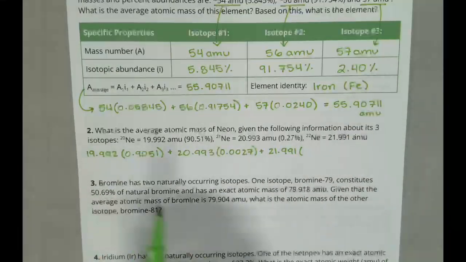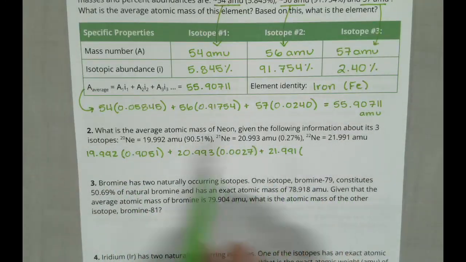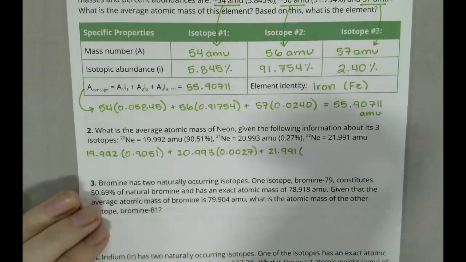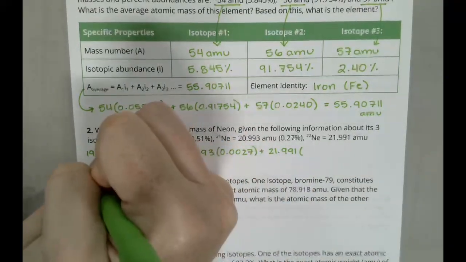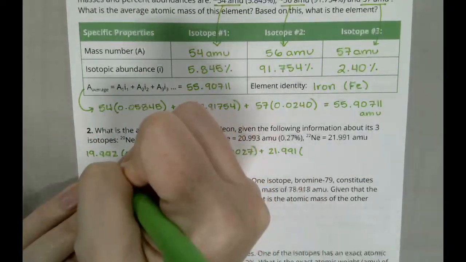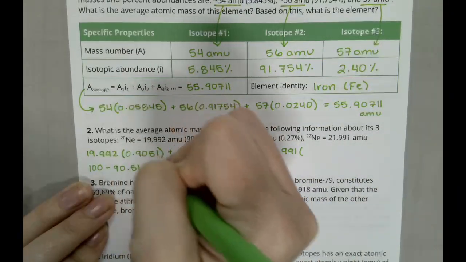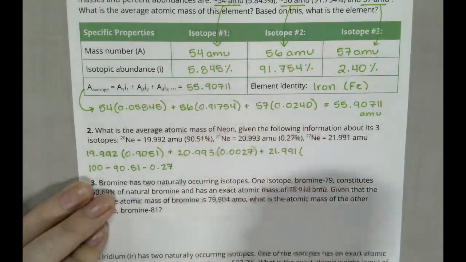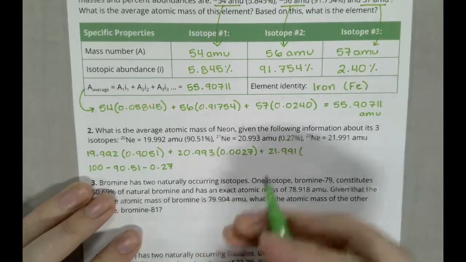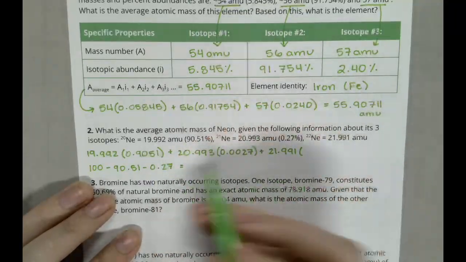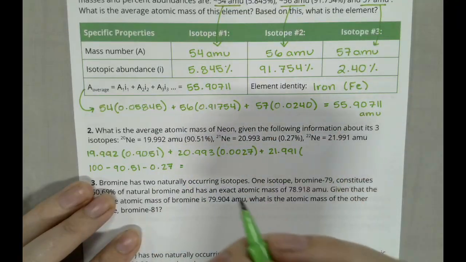And we're going to multiply it by the remaining percent. So there's a couple different ways we could do this. We could just do 100 minus 90.51 minus 0.27, and that will give us the remaining percent